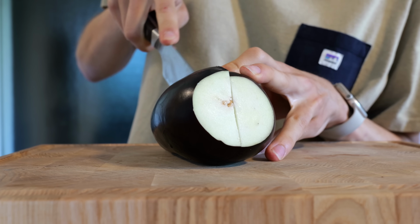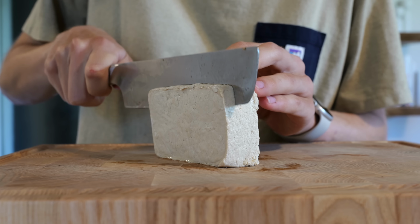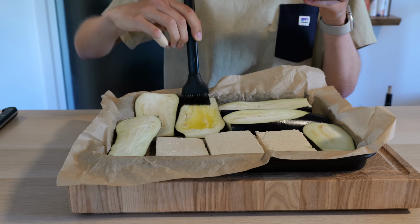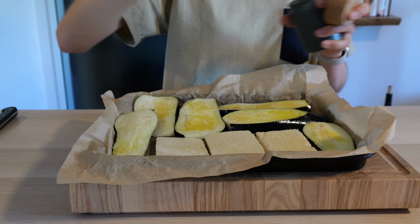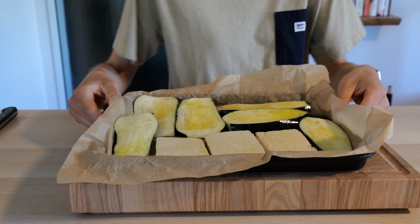To get lunch started, I sliced up an aubergine into quite thick slices and also some tofu into thick slices as well. Got those on a baking tray and brushed them with some olive oil to make sure that they were evenly coated. I then rubbed some salt into the aubergine, which just helps get it crispy in the oven and also tastes a lot better in my opinion, and then put the tray in the oven to bake for